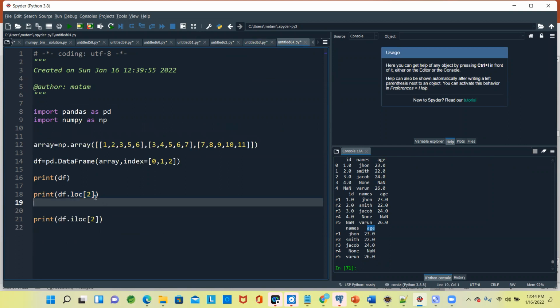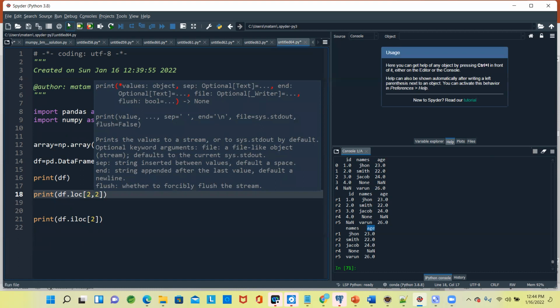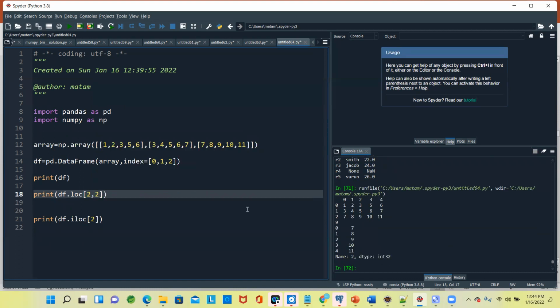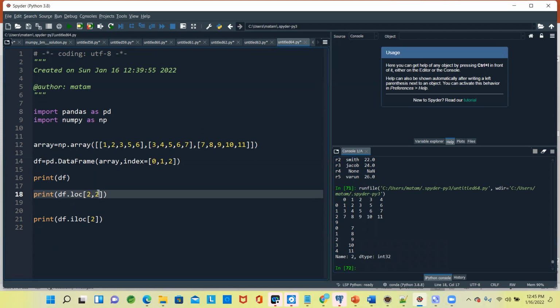So here I can specify 0, 2 or 2, and 2, 2 I can specify. If I specify this, what will come? It came 2, 2. So this one, 2, 2 means 9 came. 9 is the answer. Okay, that particular column header and row header, if we are using that.